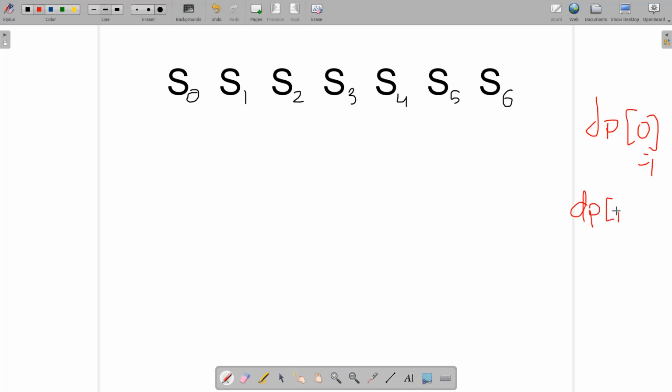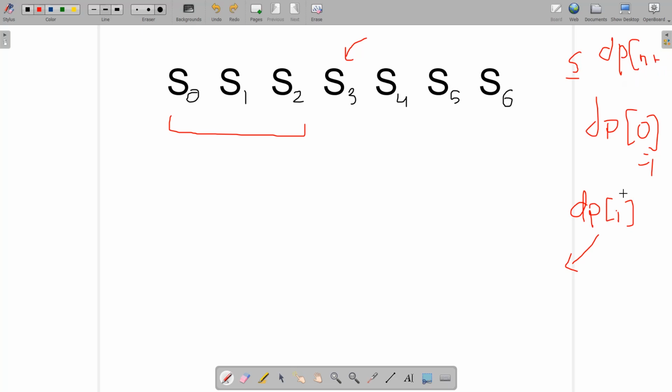Also DP of I. Let us define this state. DP of I is going to denote the number of ways to decode the string, where the string is given to us as s, starting from index 0 and ending at index n minus 1. So DP of I denotes the number of ways to decode the particular substring from 0 to I minus 1, if I is now here as 3. Note that DP is of size n plus 1, where n is the length.